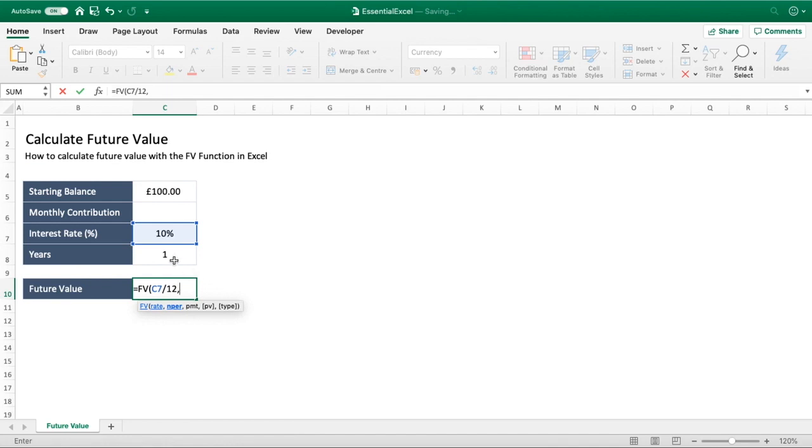And this time we're going to select our years, so the N per. It sounds a bit of a hard one to remember, but just needs to go to your years, it's going to be 1. And what we're going to do here is we now times this number by 12. So it seems a bit confusing why you need to divide and then times, but in essence what's going to happen is it's going to divide the C7 by 12, so we get, as we said,